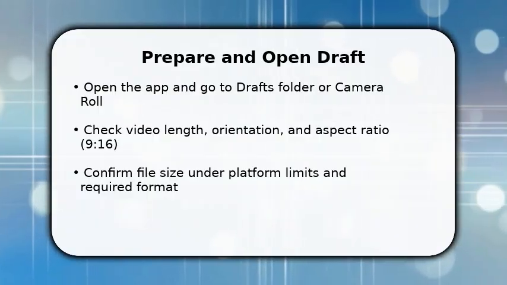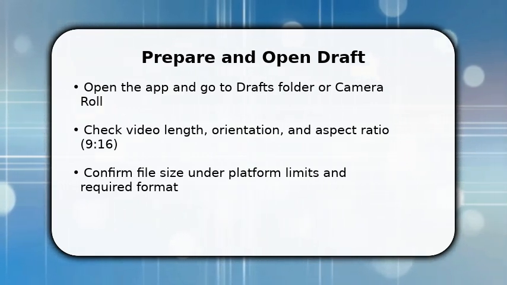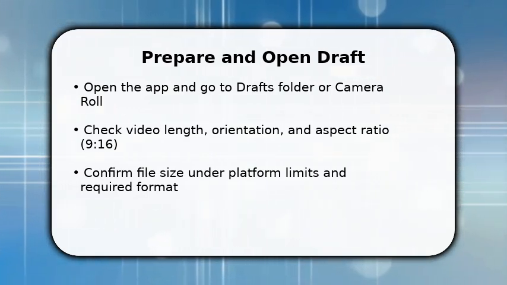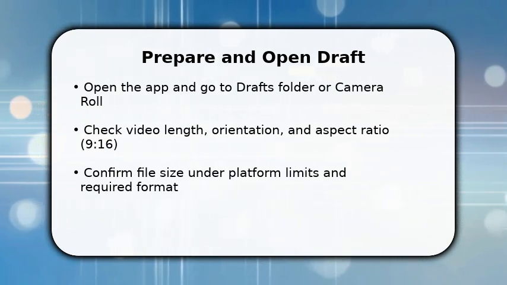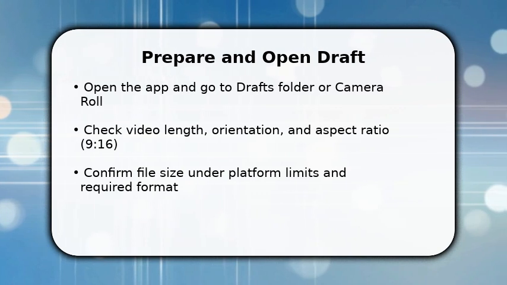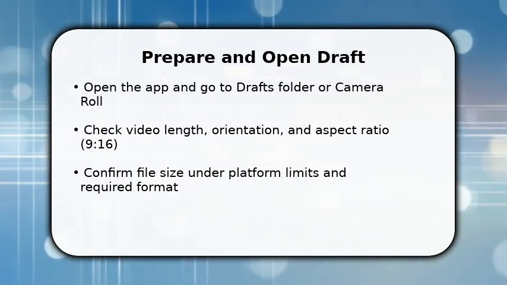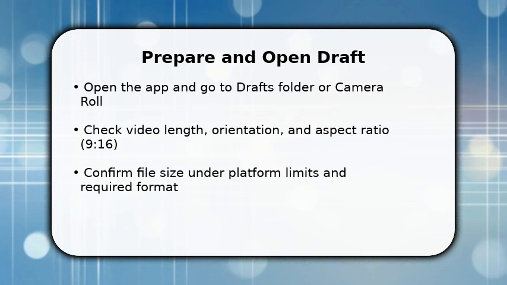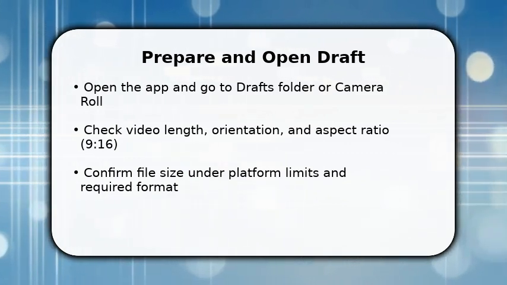You're starting with a draft video already saved. Open the app and navigate straight to Drafts. Tap the draft to load it, then preview quickly to confirm orientation and trim the start or end if needed. Make sure aspect ratio is set to 9:16 and the length fits story limits. Once done, export or select use as story if the platform offers that option, and double-check captions and stickers will